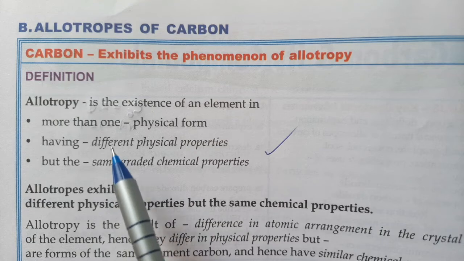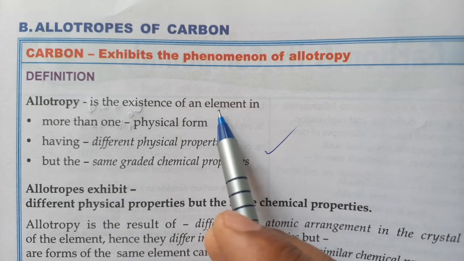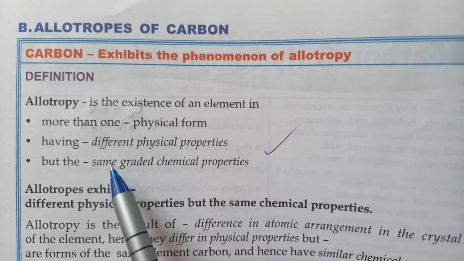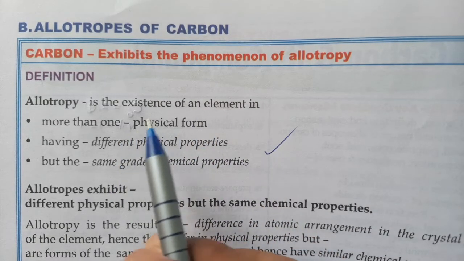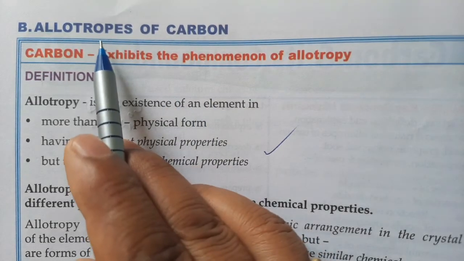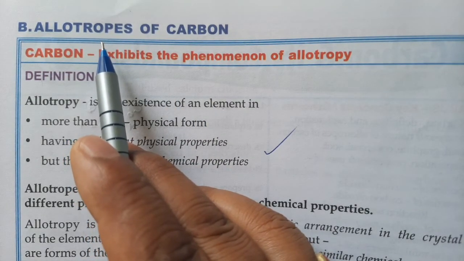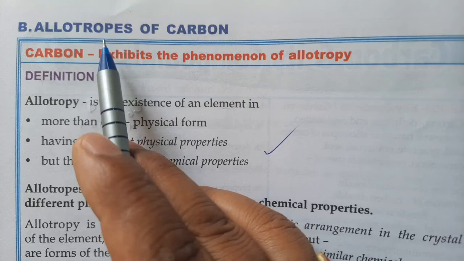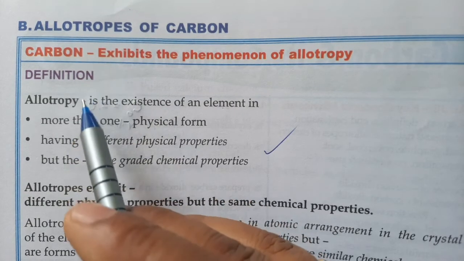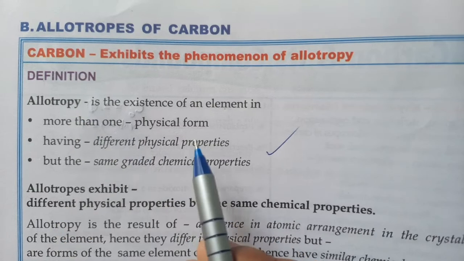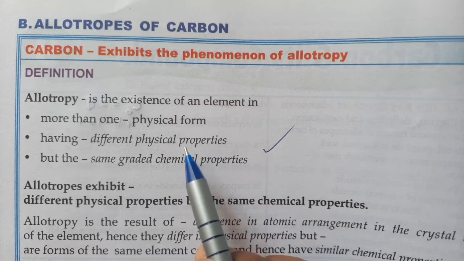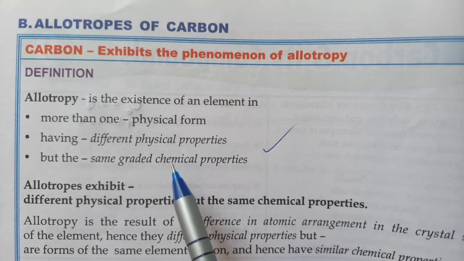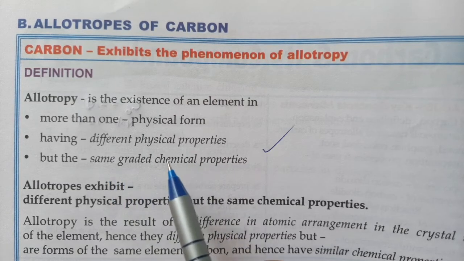I repeat again. If I consider myself as an element, then the teacher, footballer, cricketer, and singer are my different forms, and those different forms of mine are called allotropes. So the allotropes of mine are teacher, footballer, cricketer, and singer. The property which I am showing is called allotropy. In those different forms, my physical appearance will be different, so the physical property will be different. But inside the jersey, I am there, so my character will be the same, and the chemical property will be the same.